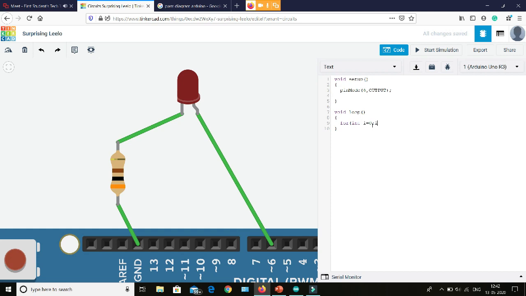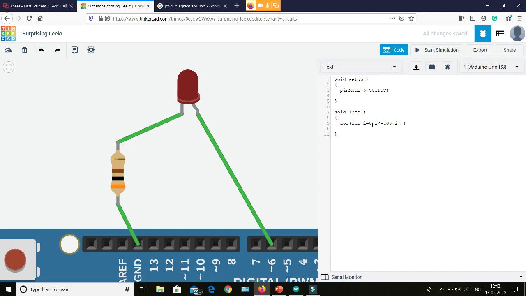Then we will write how much increment we want in every cycle. Then we write i plus plus, which means we are giving an increment of 1 at every cycle. Then we will start the for loop. Now, in the for loop, we are going to write analogWrite pin number 6 as i.